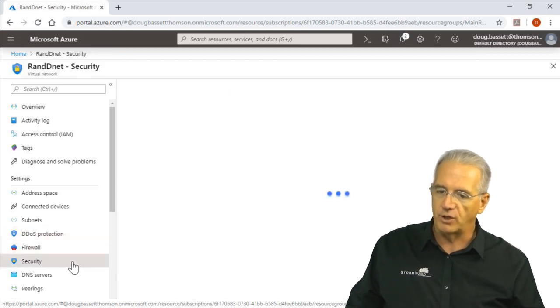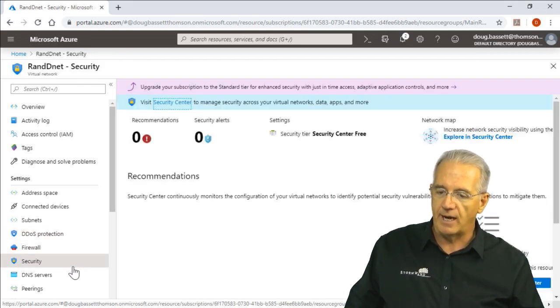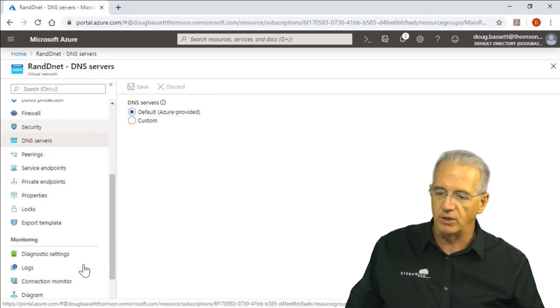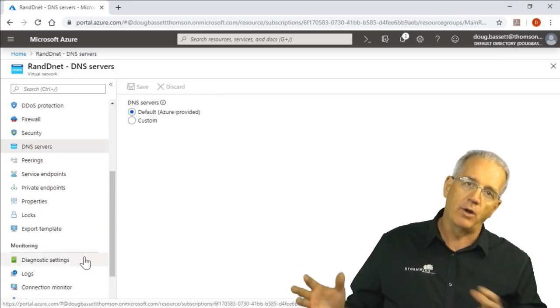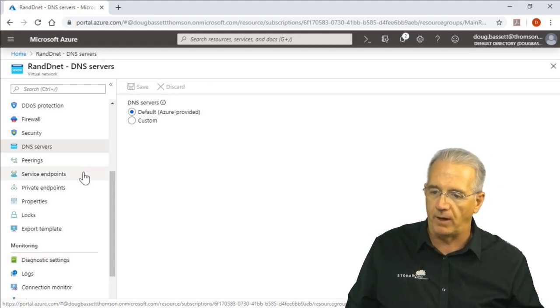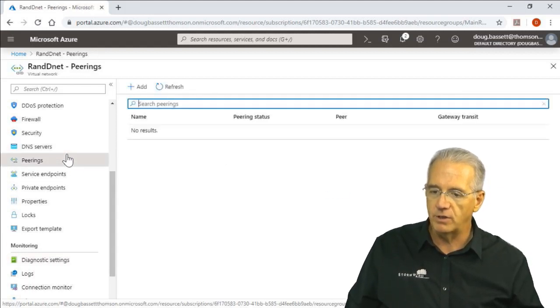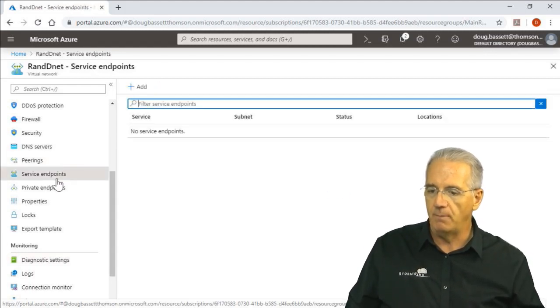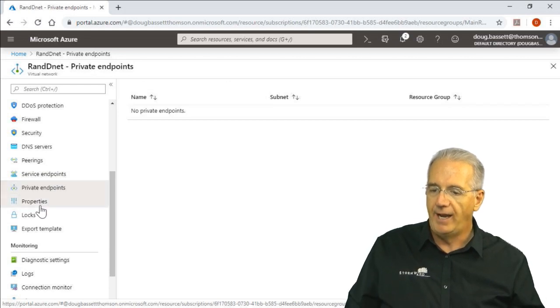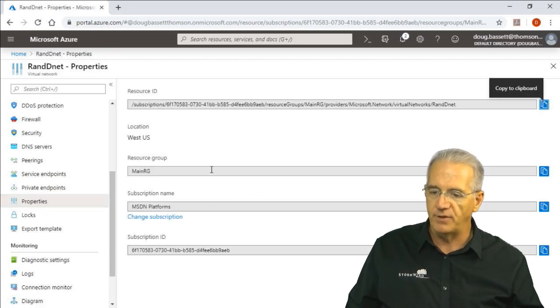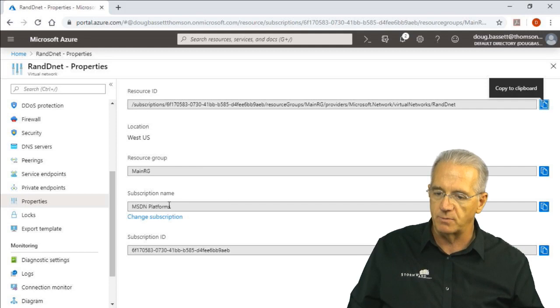We can go in and set up security. We can set up DNS servers if we like to. The part where I was talking about hooking the different networks together, that's called peering. We can do network peering, which is really quick. We can do service endpoints. We can set up private endpoints. Here's the overall properties of the stuff that's set up in here, the resource groups, the subscription that we're using,